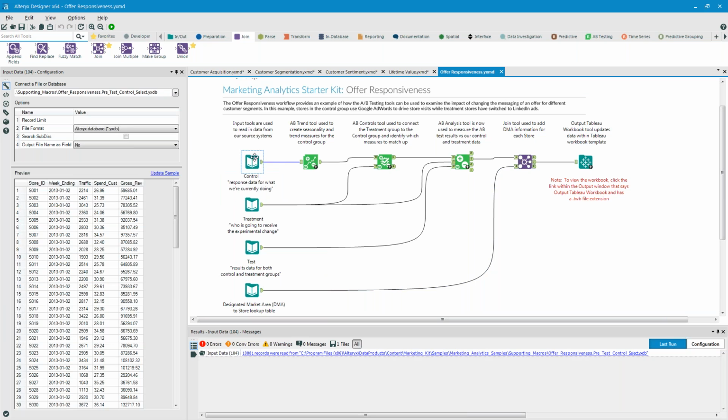But first, we bring in our control data set and feed it into this A/B trend tool, which essentially identifies the baseline trend and seasonality in our control data. Then we take the output and, along with the treatment stores, feed it into this A/B control tool. The A/B control tool identifies which measures out of all the results we should be looking at to assess the